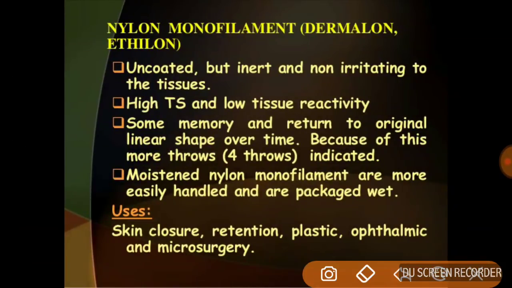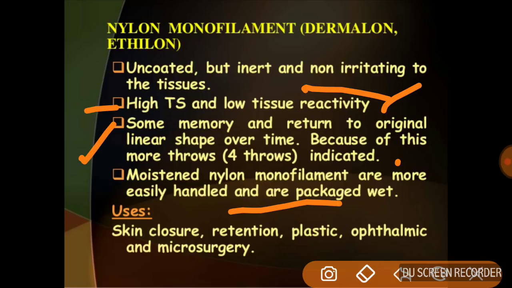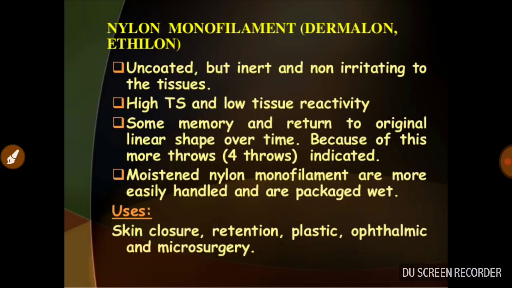So Ethilon or nylon monofilament is uncoated but inert, non-irritating to tissue, with high tensile strength and low tissue reactivity. It has some memory, and returns to its original linear shape over time. Because of this, more throws are indicated, that is, at least 4 knots you should tie when you are using Ethilon. Moistened nylon monofilaments are most easily handled and packaged wet. Uses: skin closure, retention, plastic, ophthalmic and microsurgeries. So in case of emergencies, when you get a trauma case, you suture the skin with Ethilon, synthetic and